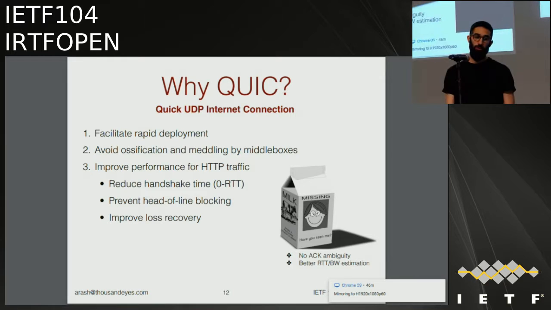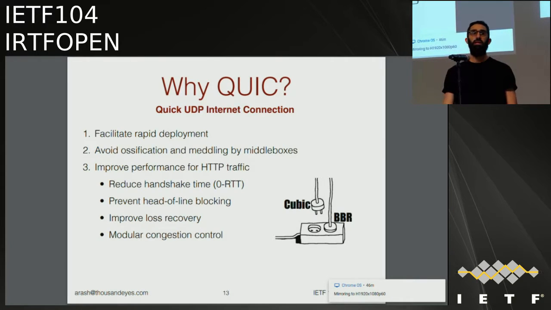QUIC has improved loss recovery. It mitigates the ambiguity problem that TCP has. It has better RTT and bandwidth estimation. A lot of this good loss recovery comes from the fact that you can easily change the congestion control as well. So for example, if you have BBR, a new congestion control, you can easily replace your old one with the new one. And that comes from the fact that the first point that I talked about,